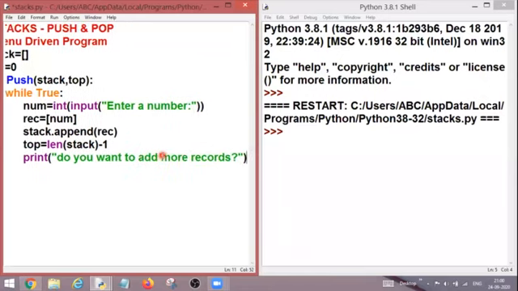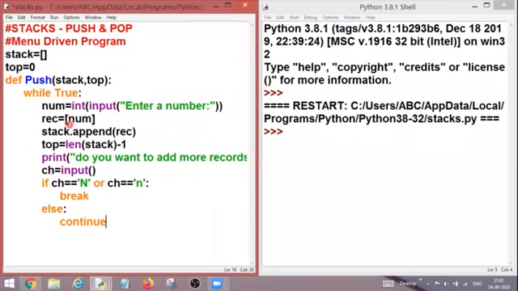So I'm checking for both possibilities, that n can be typed as capital and also as small n, in the form of no, that I don't want to add the record. So if you don't want to add the record, then we are using the break keyword. That means we will come out of the while loop. Else, if I want to continue to add more records, then I will use the continue keyword over here. And continue will take me back to my while loop.